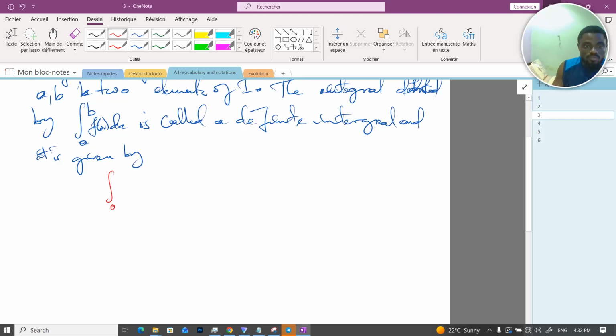The integral from a to b of f of x dx is simply equals to